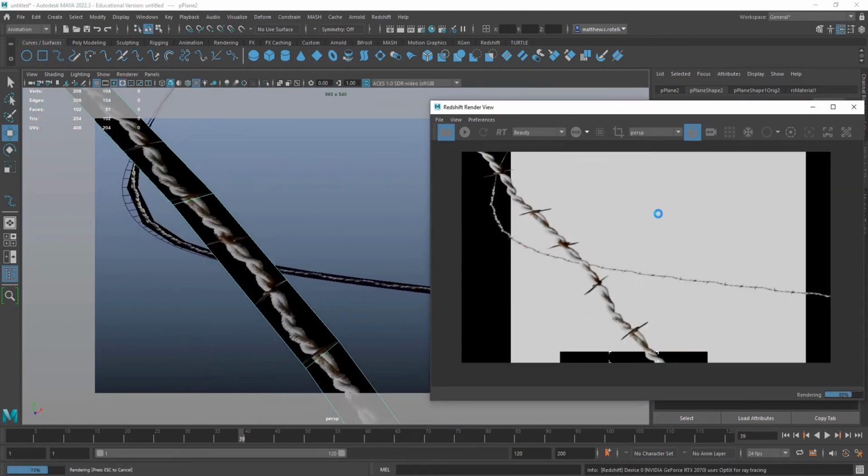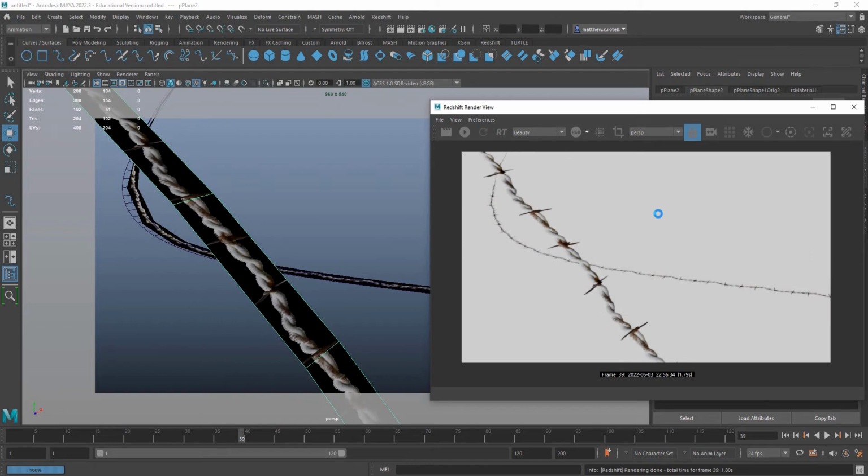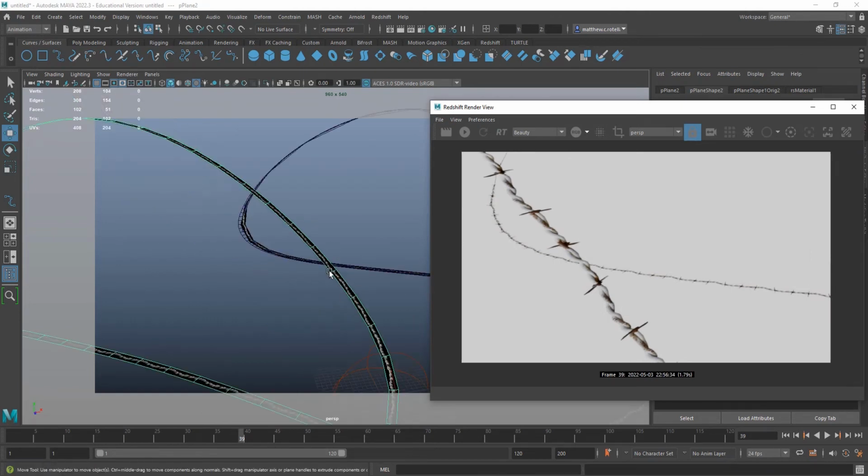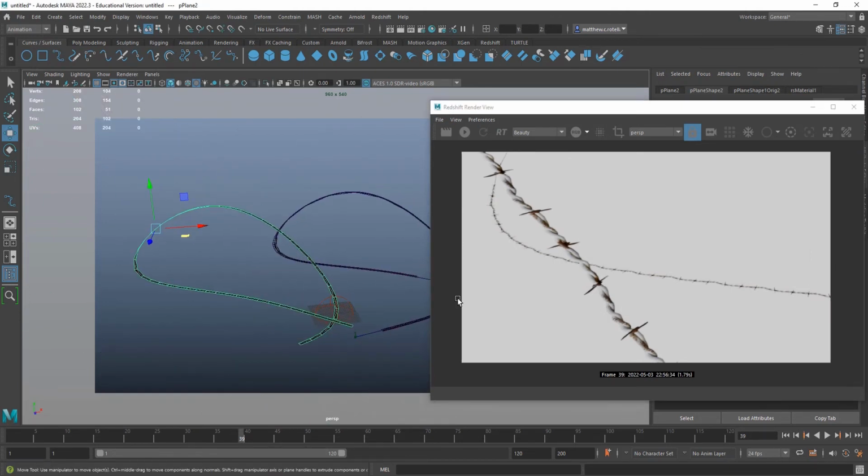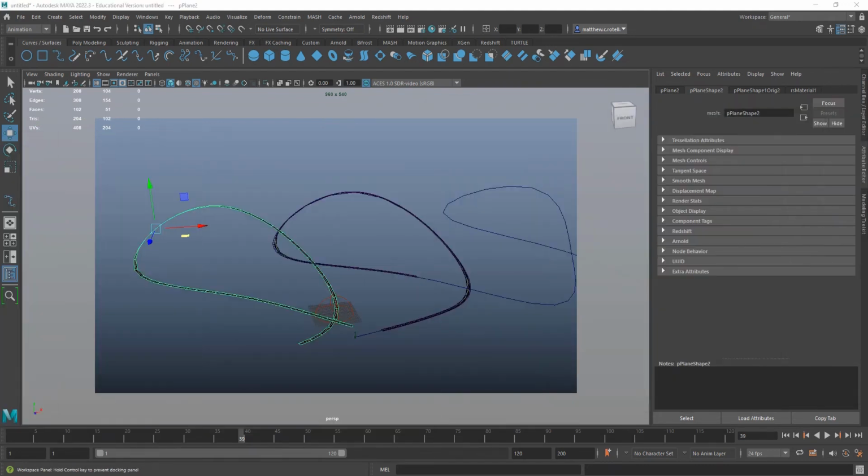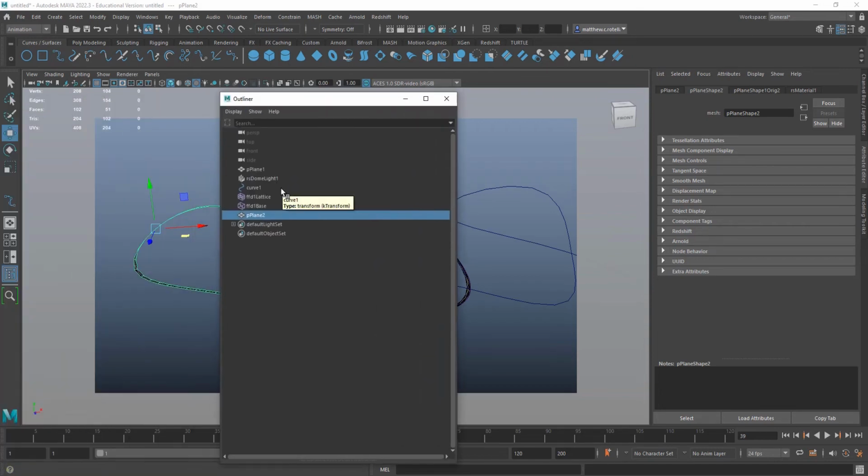And for something like barbed wire, you're not usually getting too close to it. So something that is this really geometry conservative, like image plane stripe, can work really well. But regardless, let's say you do want something a little more robust. Let's say you want some geometry